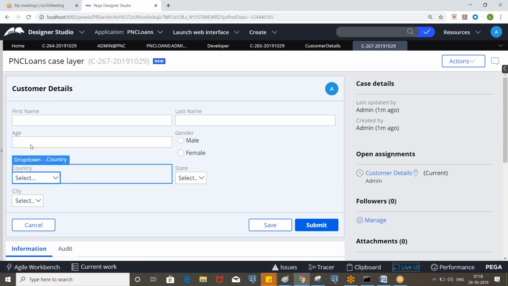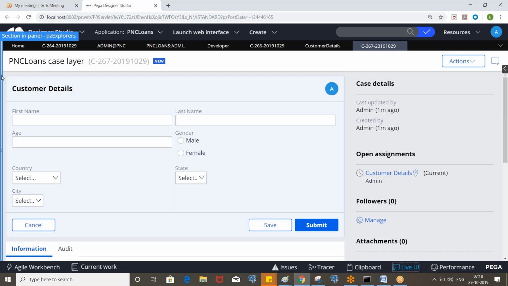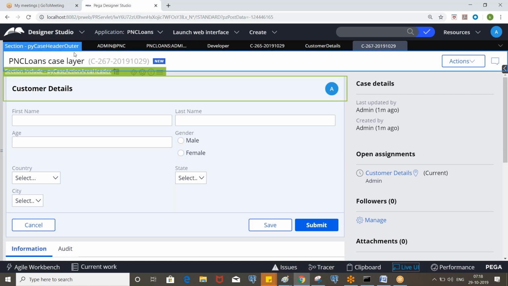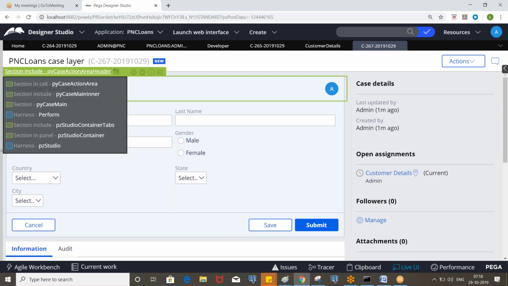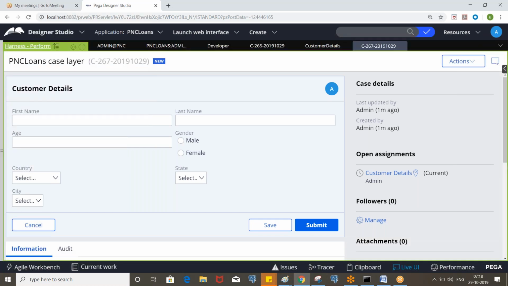This is perform harness. If you don't see exactly, you can click on toggle to see the ancestors, the nearest ancestors. So now this highlighted is called perform harness, the whole screen.